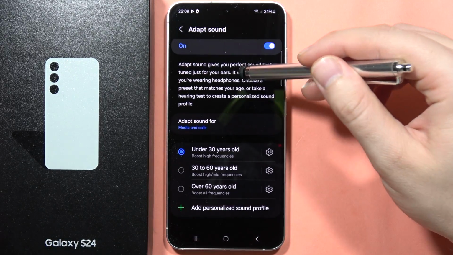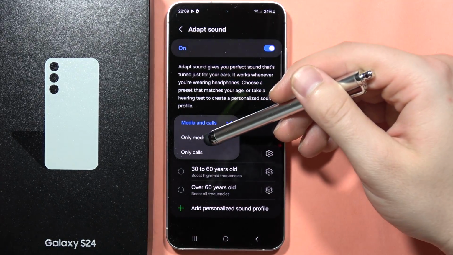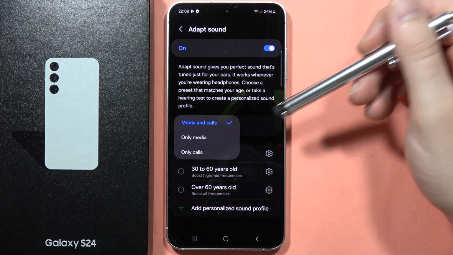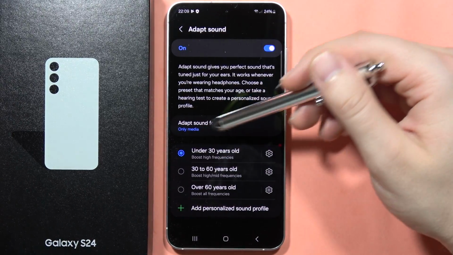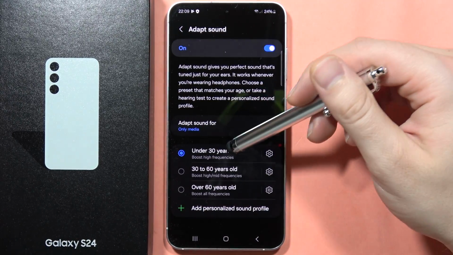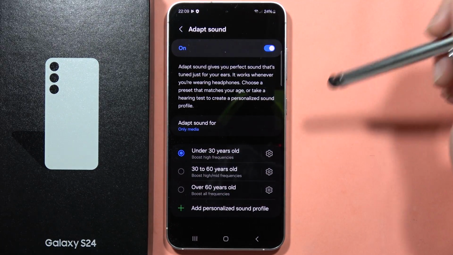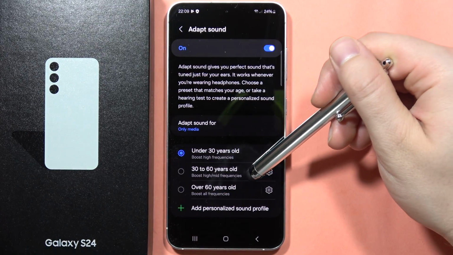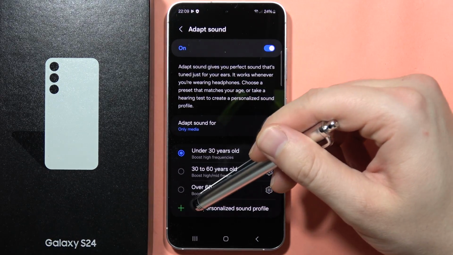And from this, we can adapt sound for media and calls, or we can set it only for media or only for calls. In my case, I'm going to choose only media. And from here, you can also pick some presets: under 30 years old, between 30 and 60, and over 60 years old. So we can also find a short description for every preset, but also we can add